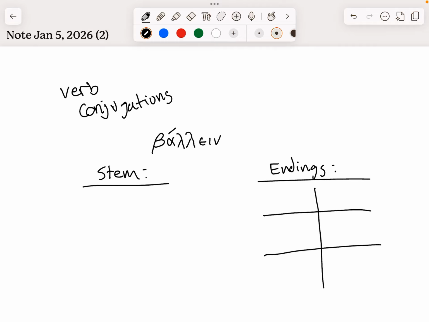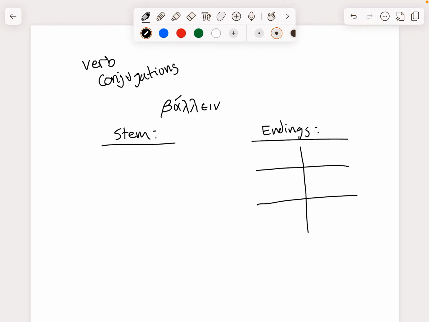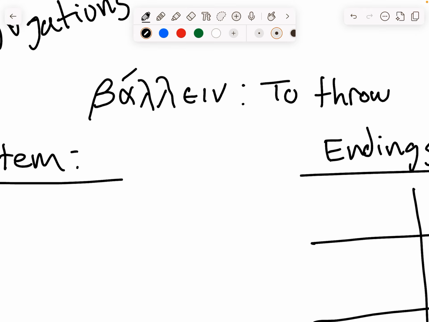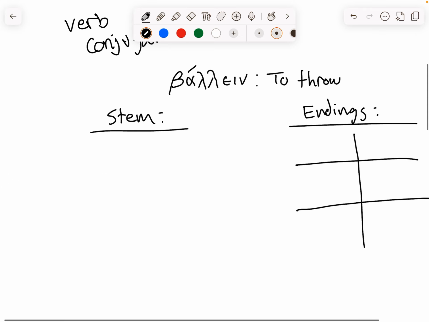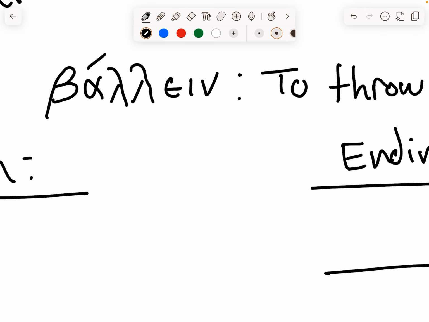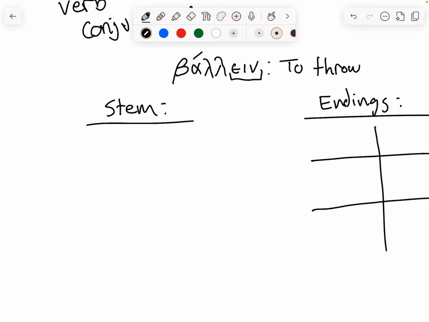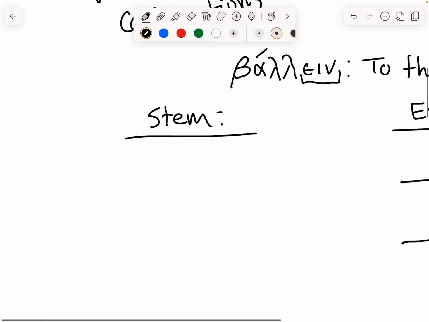Talk about Greek verbs in the present tense. So, if we have the verb balein, which means to throw, as it's in the infinitive, balein, an easy way to remember is that ein is the ending for the infinitive. We can identify that the stem would then be bal,